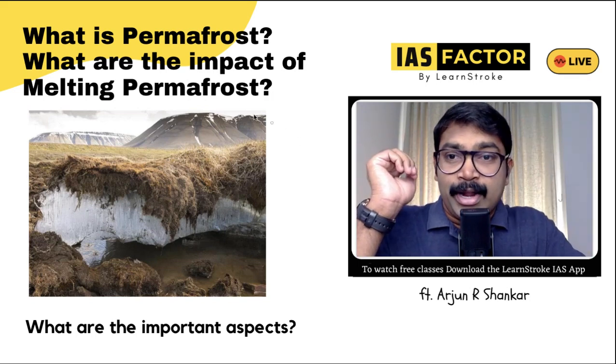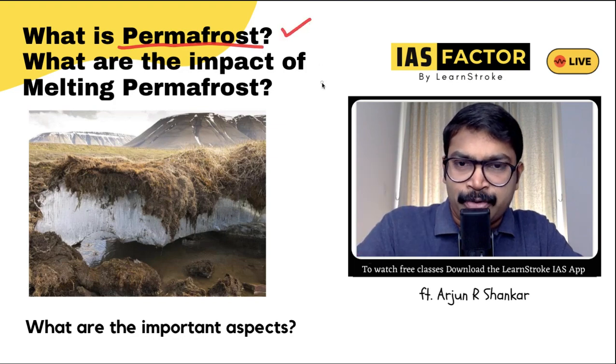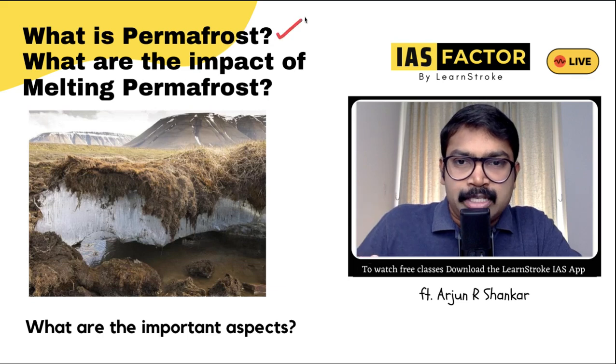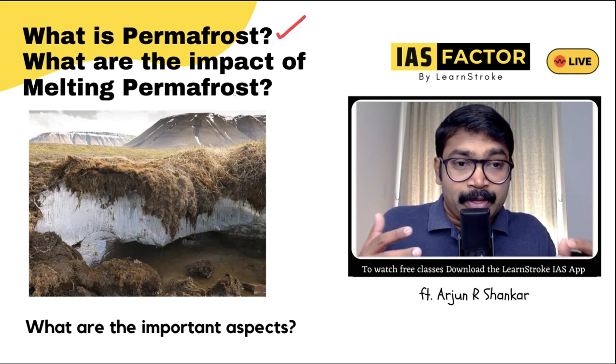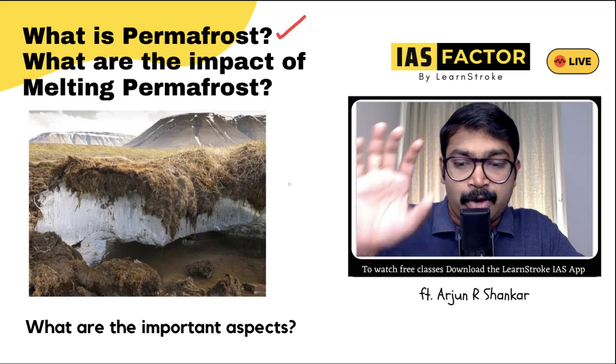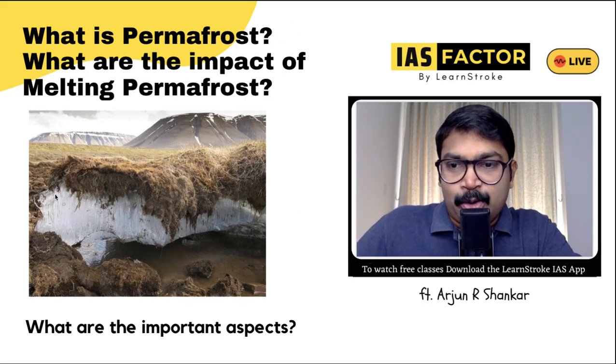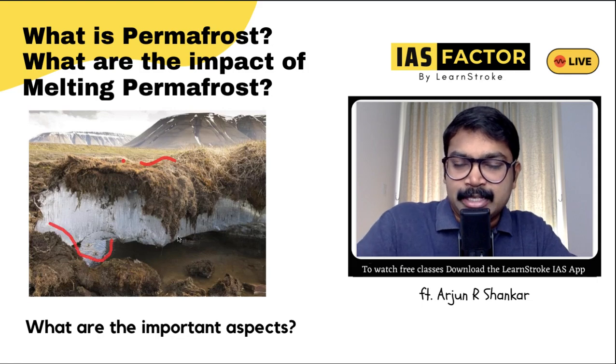Okay, so now let's move on to what is permafrost. We have been hearing about the study of permafrost. So what is this concept of permafrost, and what happens to the earth or nature when the melting of permafrost is happening? This might be a new term for you. Take a look at this picture. There is soil, there is vegetation, and there is ice. So all this is permafrost.